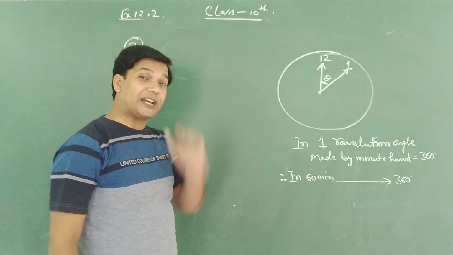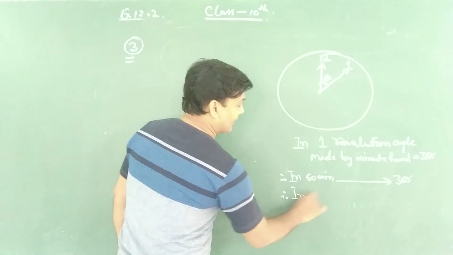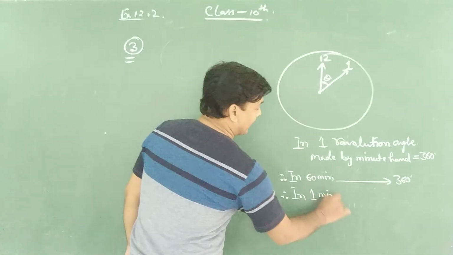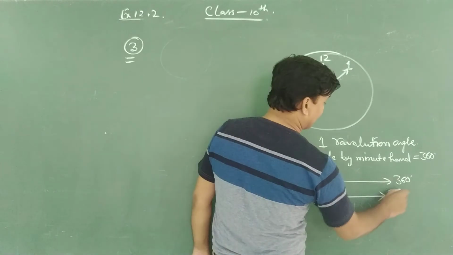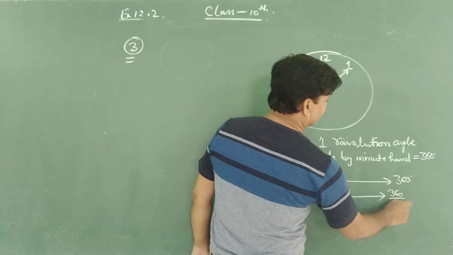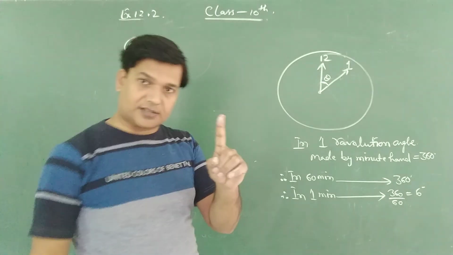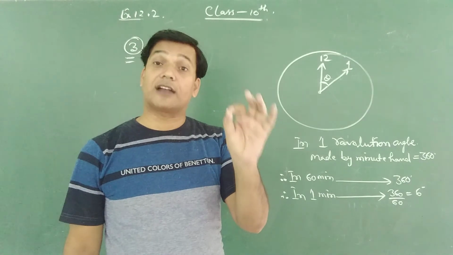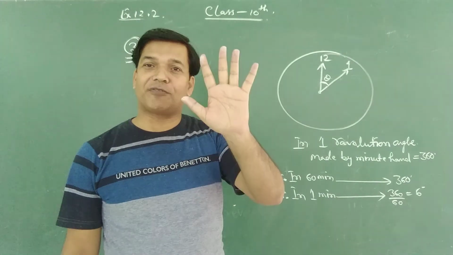So in 1 minute, therefore in 1 minute angle generated by that minute hand is 360 by 60, that is 6 degree. So in a single minute the minute hand constructs a 6-degree angle. Then in 5 minutes,